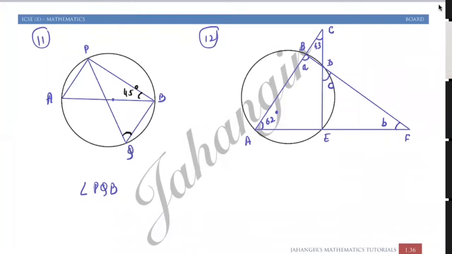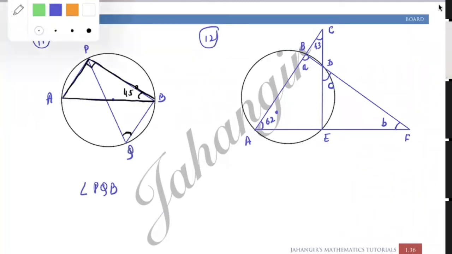First we will say AB is a diameter, so angle inscribed in a semicircle is a right angle. So this will become 90 degree. Once this is 90 degree, by taking the angle sum property of triangle,